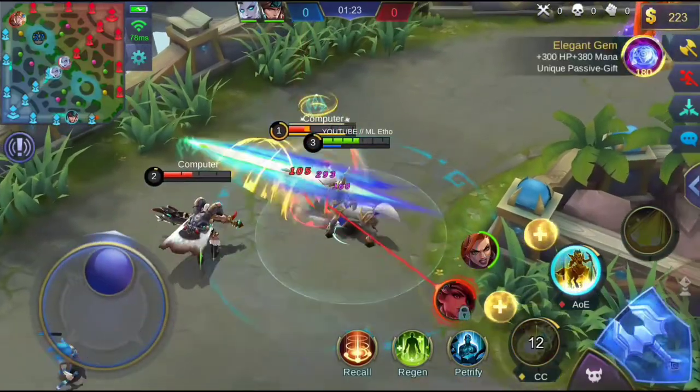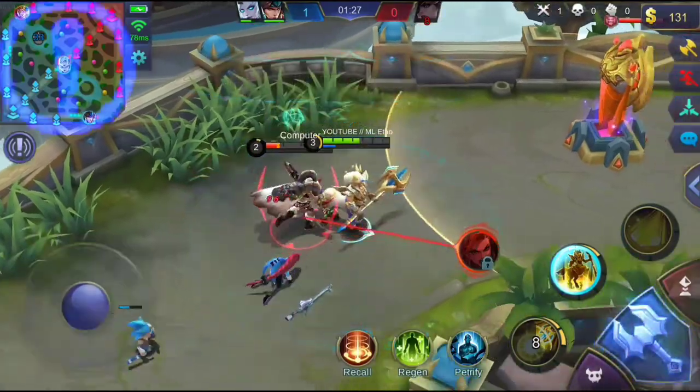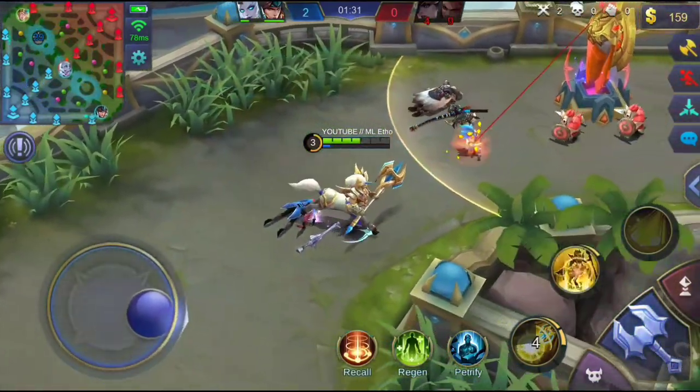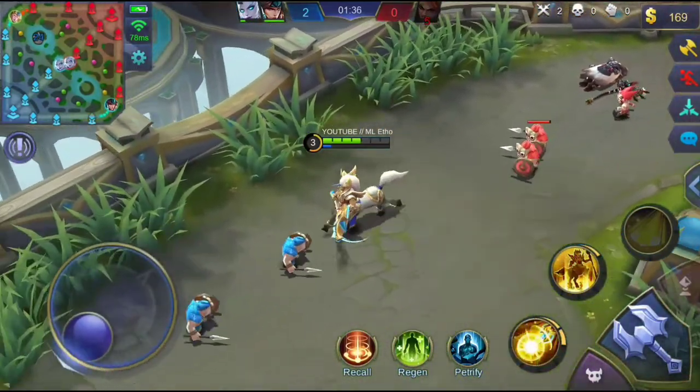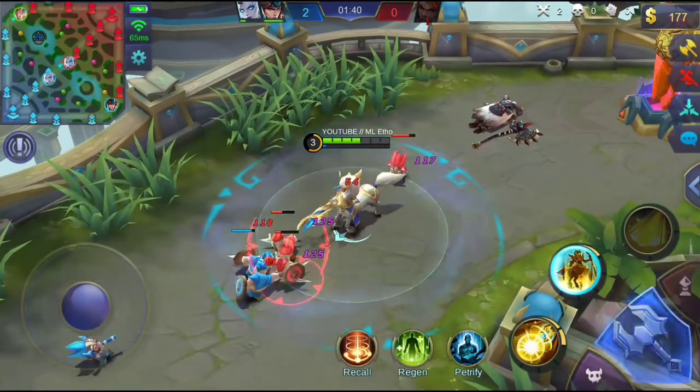I'm going to switch my target over to, oh, I didn't buy Elegant Gem. That was dumb. Alright, so there's Elegant Gem. Double kill. I'm going to wait for the minions, and then I'm going to go back to my base. But again, you want the Elegant Gem because of the passive regen, and then once you get the Elegant Gem,